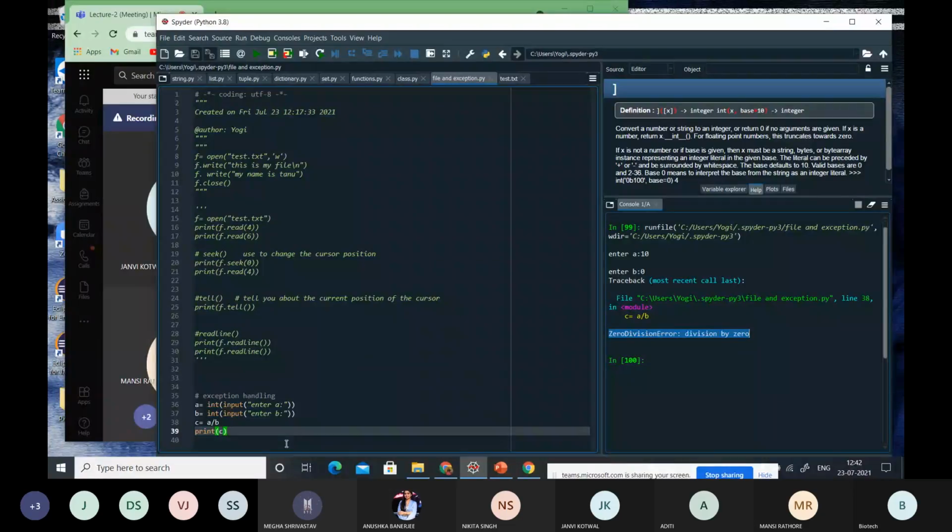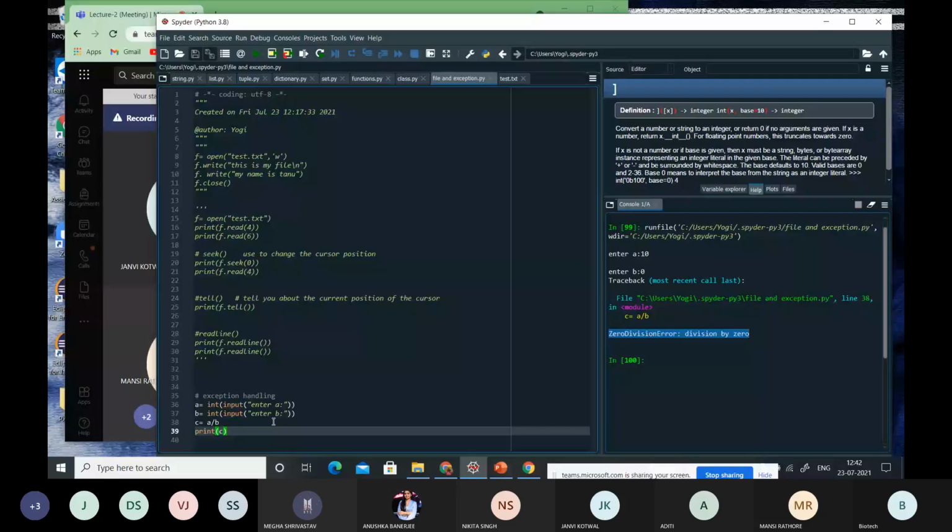That is why, to avoid such unusual errors, if I'm working over a bigger project, in such a scenario exception handling plays an essential role in handling these unexpected exceptions. Okay, so we can handle this by using try and except block.